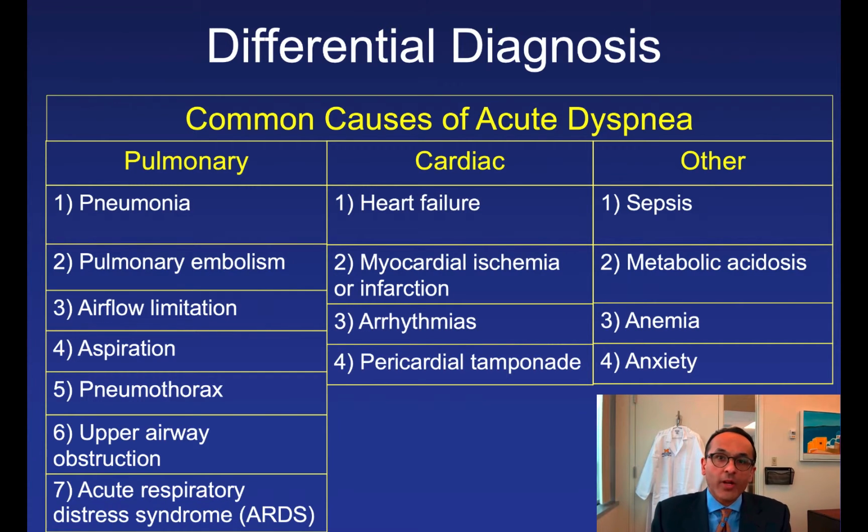When patients breathe quickly, they'll have a sense of breathing and often feel short of breath. Metabolic acidosis of any type, non-GAP or GAP, because again the compensation is a respiratory alkalosis. Anemia because of low oxygen carrying capacity, and anxiety, which is a diagnosis of exclusion, because patients who come in